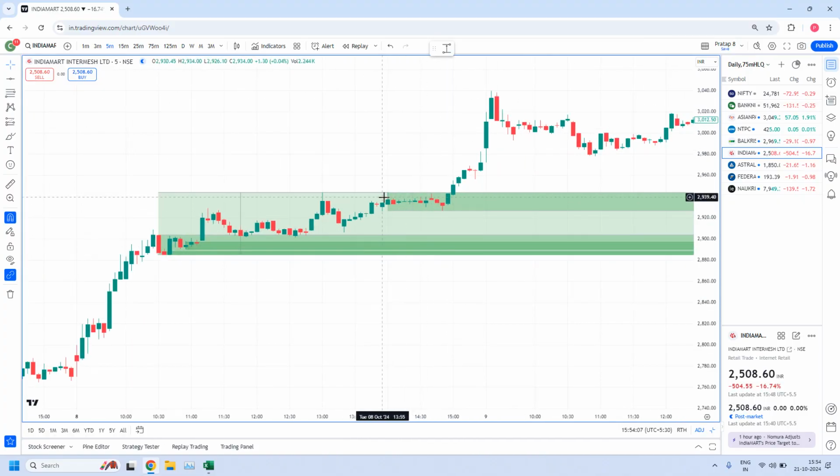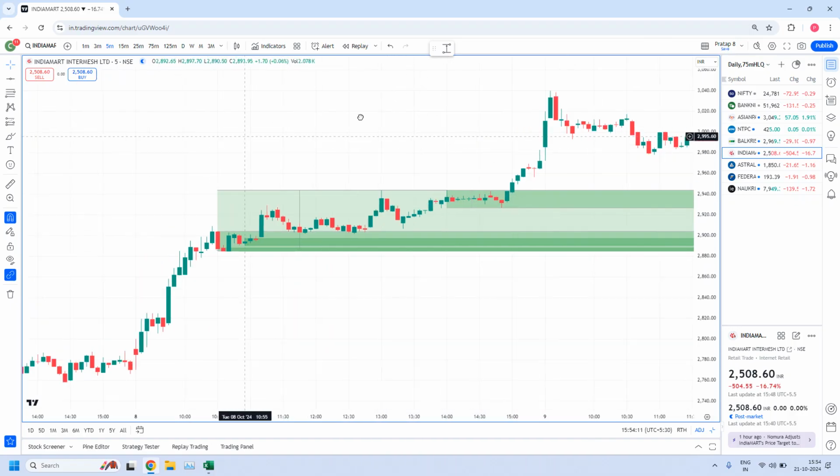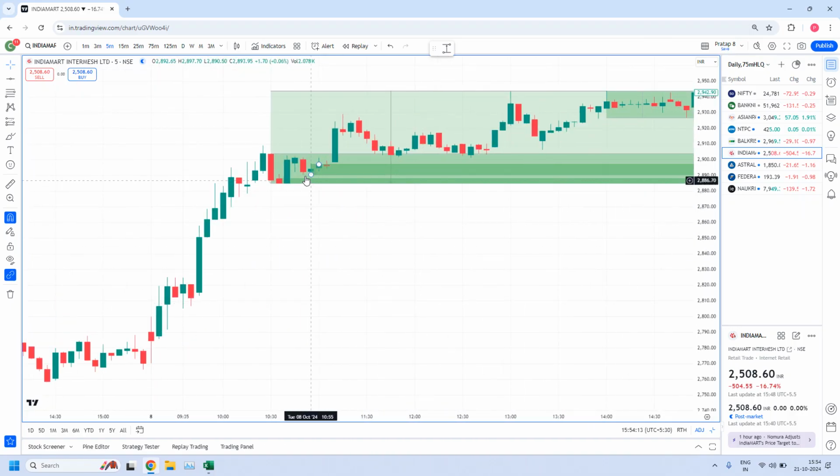Because these are all base candles, there is no fine-tuned 5-minute zone here. But here you have 2 fine-tuned zones. So drop, 1, 2, 3 base candles and a rally. Again drop, base, rally. If you draw wick to wick,